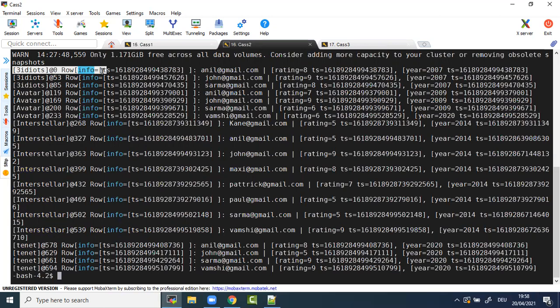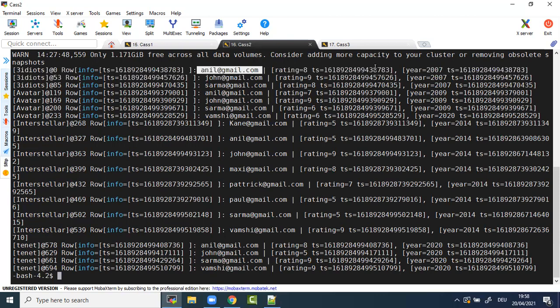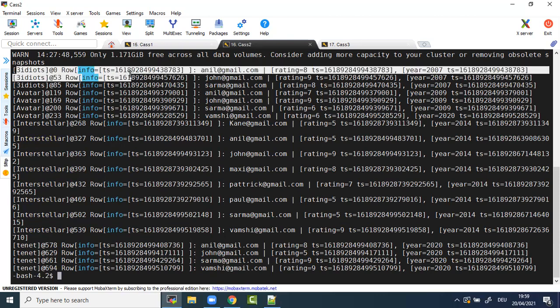Okay, and remember, in Cassandra, for every single column, it stores the timestamp value. Every single record, every single column. Whenever you are inserting data, every single column will get a timestamp along with the actual data. Now, this is my partition key, and this is my clustering column. Now, if you notice your year, this is what you tried to change, right? I was changing Interstellar, but anything is similar. Let's understand for 3 Idiots.